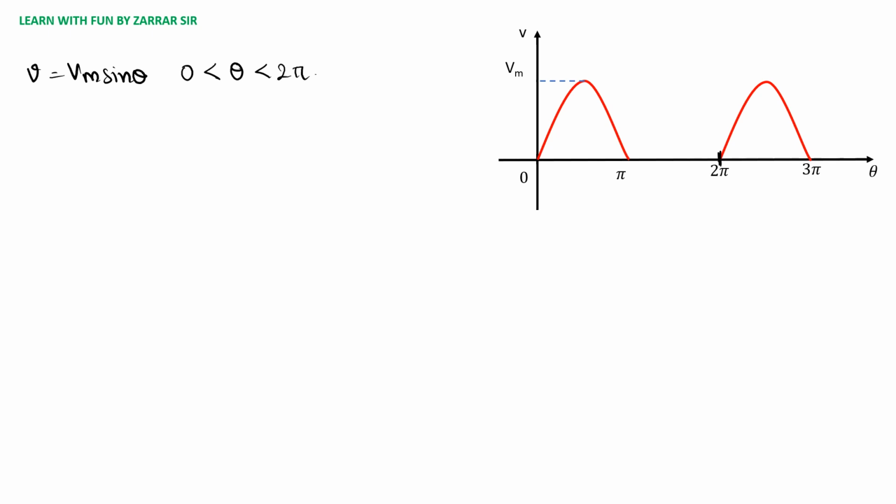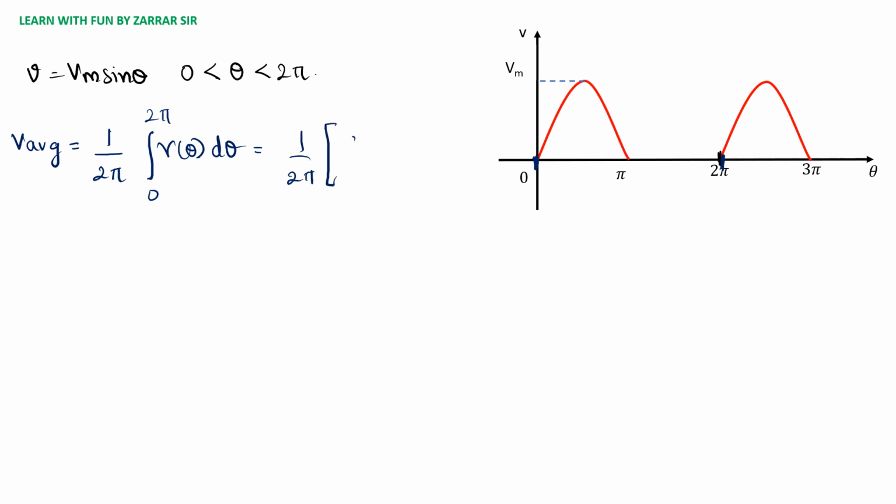Okay. Now let's write the V average value. So what will be my V average value? It will not be 1 upon pi, because the waveform is from 0 to 2 pi. In the previous problem it was 0 to pi. So here the waveform is repeating after 2 pi. I'll write 1 upon 2 pi, integration from 0 to 2 pi of V theta d theta.